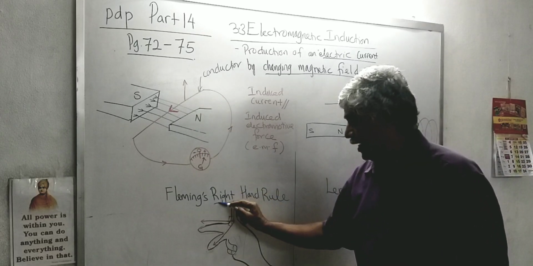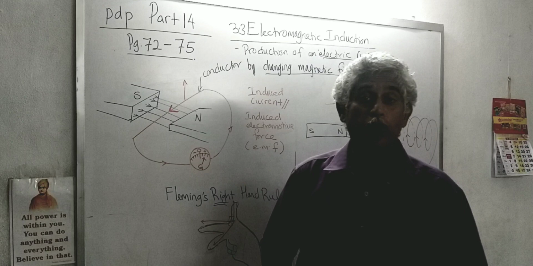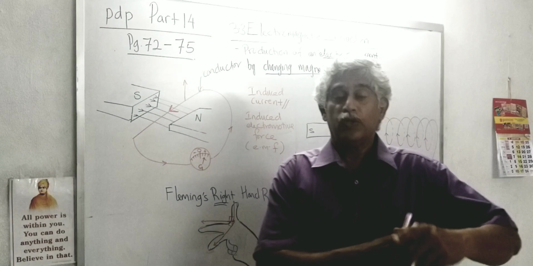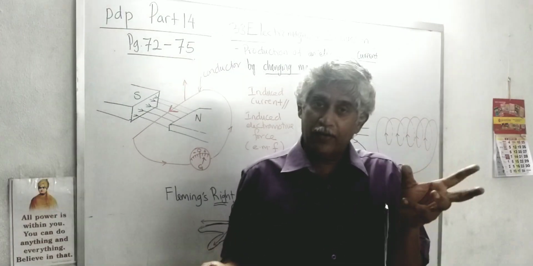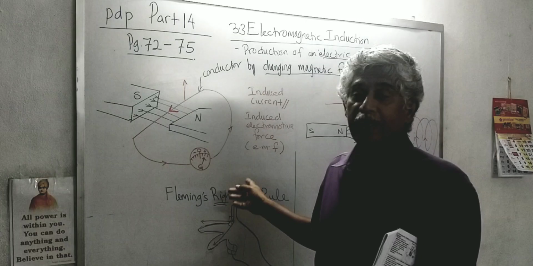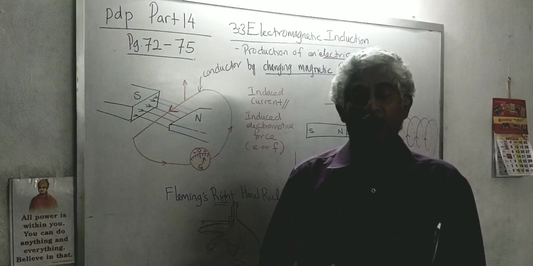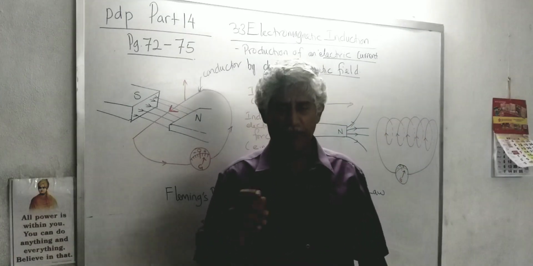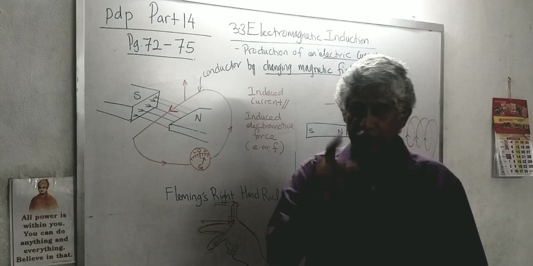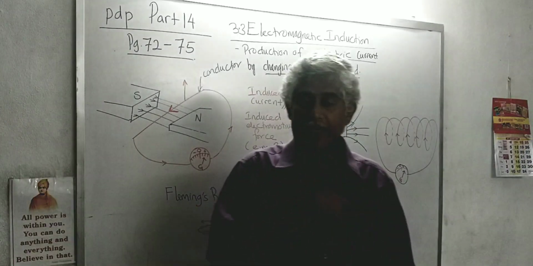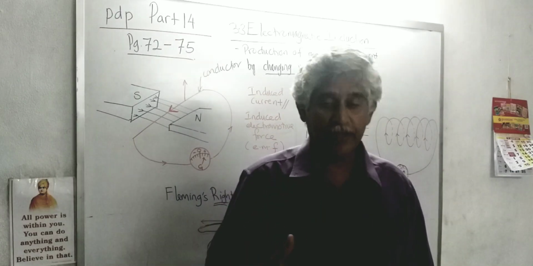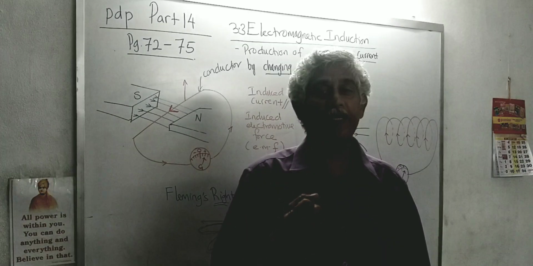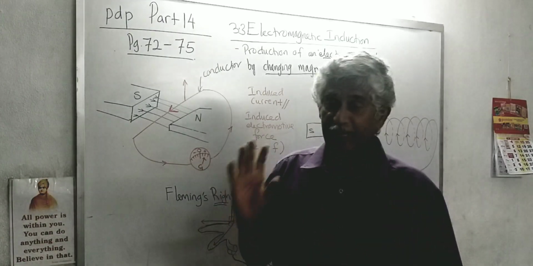Take note, this is right-hand rule. Earlier we learned that for the motor it is Fleming left-hand rule. This is right-hand rule. So do not confuse. Fleming left-hand rule is for the motor, whereas Fleming right-hand rule is for inducing current, for the generator. Usually students get confused. So first thing, when you read a question about an electromagnetic topic, you must first very clearly know what they are talking about. Are they talking about motion using current, or are they talking about inducing current with a magnet? Because structure wise both are the same.